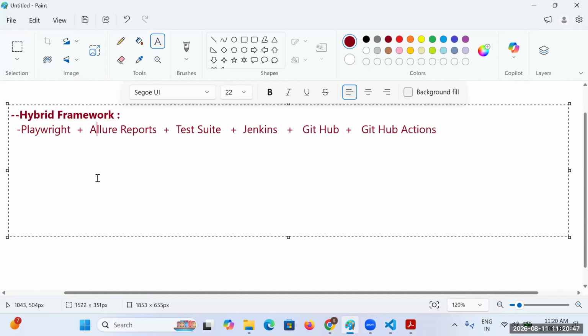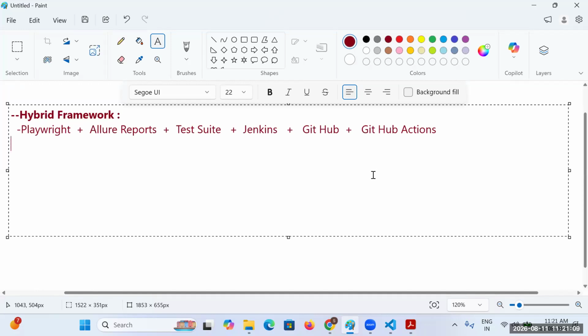It's not mandatory that, because of the hybrid framework, we need to integrate only these steps here. We can integrate any other steps also, but in general, in regular practice, we implement these particular steps.